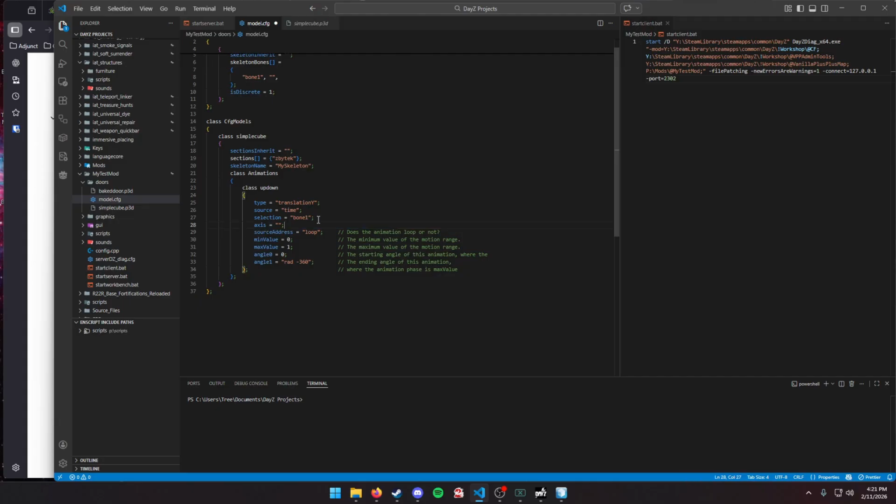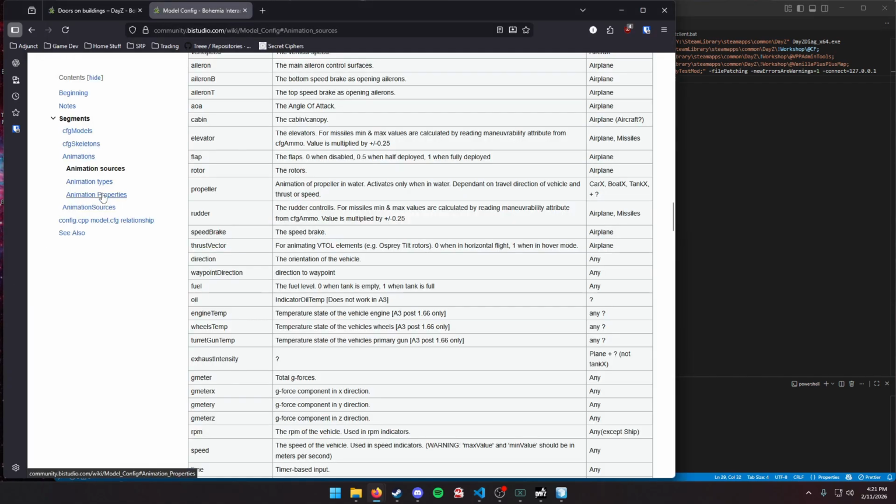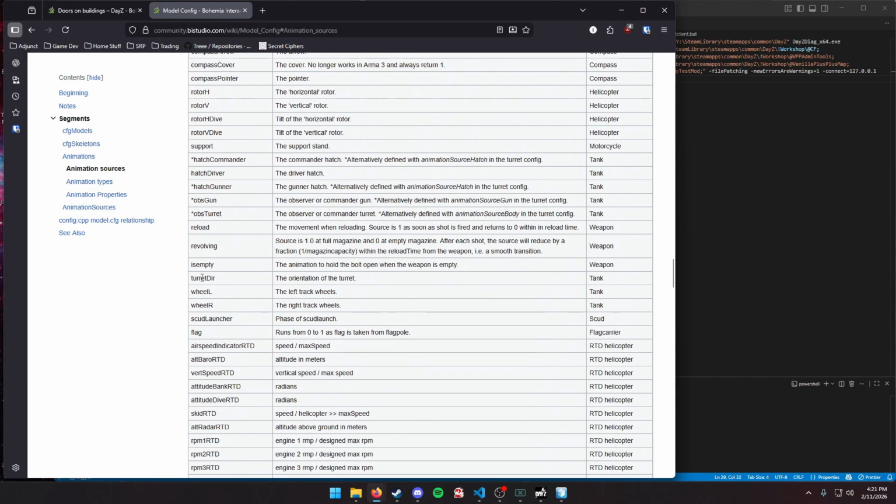Memory is a default property. We can get rid of that. Source address. Now, source address, we have a few options, but we only have